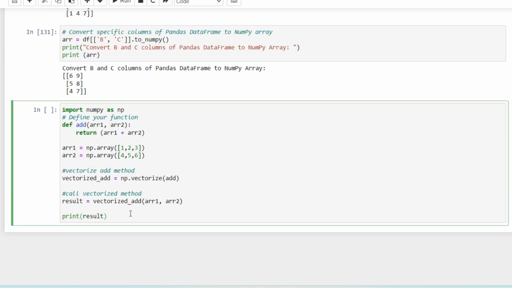So this is the code for function vectorization. I have written a definition over here to add elements of two different arrays. So I wrote this add function, and you can reuse this function multiple times whenever you want, so code reusability is provided over here. Now these are two arrays. You can call the vectorize method